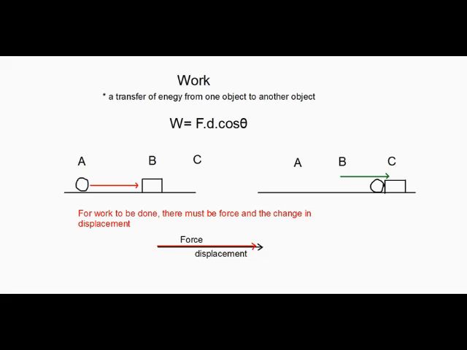So even if I'm pushing you with my greater force, but there is no displacement, or there is displacement but the displacement is horizontal while my force is vertically upward, then there is no work. For the work to be done, the object that is being pushed or pulled must move from one place to another in the direction of that force. If it's not in the direction of that force, then there is no work done.